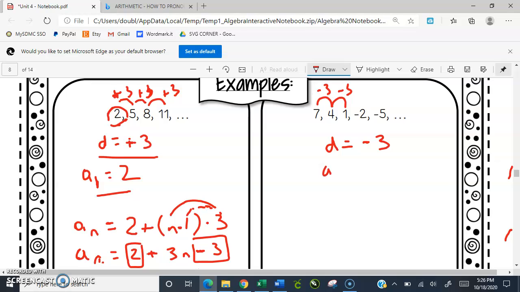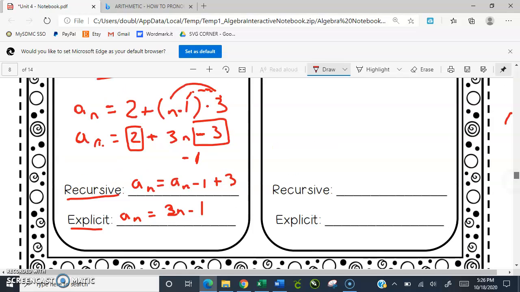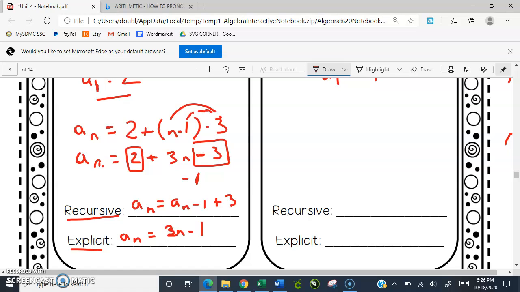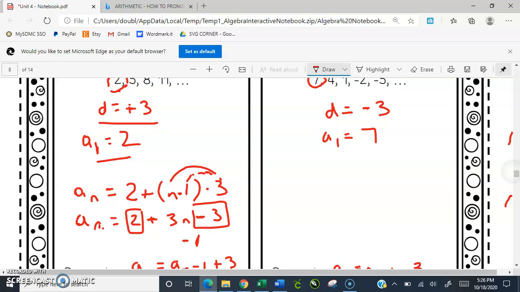Our initial term, the first one we see, is 7. So we can go ahead and write the recursive formula out, because that's the easiest one to figure out, because they don't give us what term they want. So we can plug in a sub n, whatever term that is, equals previous term minus 3. Okay, and 3 is our common difference. We have to do a little bit more work for the explicit formula, because we have everything we need minus the term. So the explicit formula is